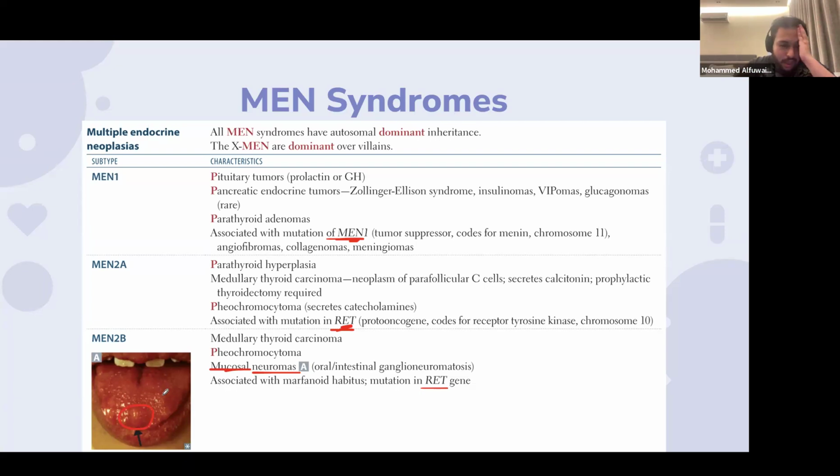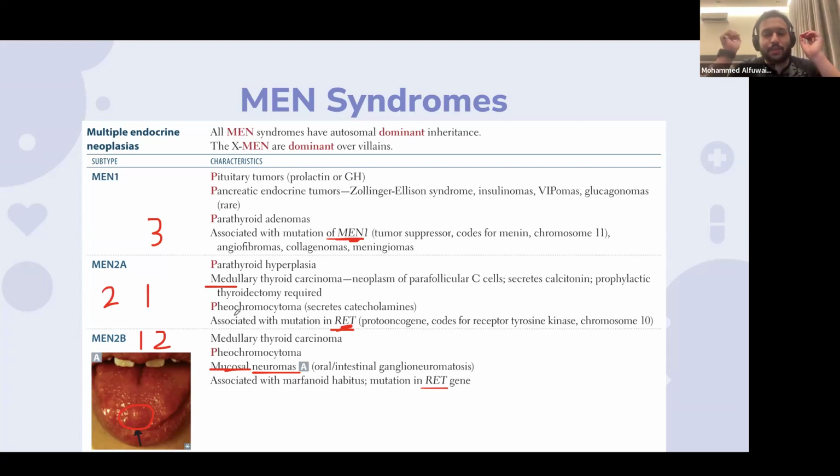Okay. Now, a way to remember this is MEN1 has three P's, MEN2A has two P's with one M, which is the medullary thyroid carcinoma, and MEN2B has one P and two M's. Okay. So a way to remember how to manage this as well is very simple. Management is very, very simple. You firstly treat all of this underlying cause. Here, if you have a patient who was recently just diagnosed with pheochromocytoma, let's say, and then you do genetic analysis and they have RET positive mutation,